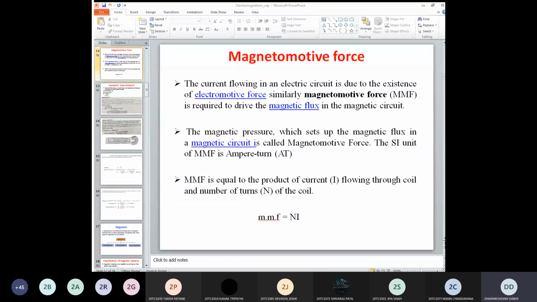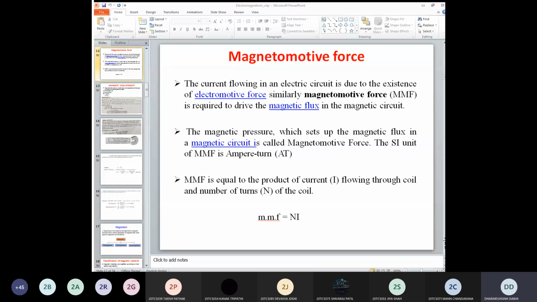We discussed that term in the last lectures. Can anyone give me the definition of magnetomotive force? Or can anyone relate it with the electric circuit? Here we have magnetomotive force in the magnetic circuit. Same way, what is in the electric circuit? Electromotive force. Yes. So when we apply electromotive force, EMF, in the electric circuit, what will happen? Yes, current will start flowing in the circuit.